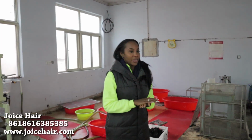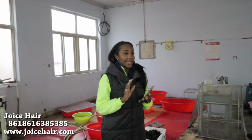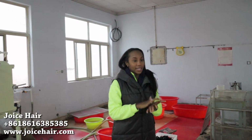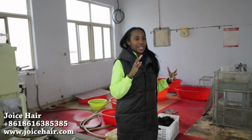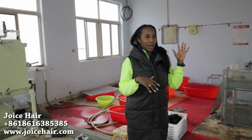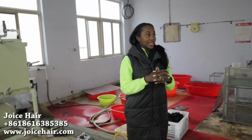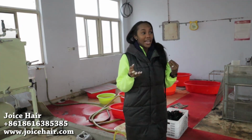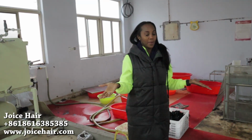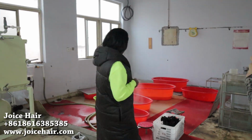material. The only thing that you can get from this factory in particular is hair that's steam curled. Other than the steam curl, you're not going to get any of the silicone coating, or any of the hair that has the Remy style where they have to make it all one line. This factory smells good when you come in here. It's a simple process, and usually less is more. We've always heard that, right? But when it comes to hair, less is really more. So if you're looking for authentic washing,